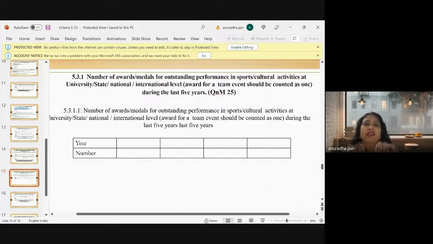And you can see that this is a heavily weighted metric, that means 25. Okay, so if you lose marks here directly, suppose you are getting 2 in this, you will be getting 50 and you are losing 50 directly. So this is again a very, very important metric. Okay, and we have to be very, very careful. We should motivate our students to participate in different activities and also provide the